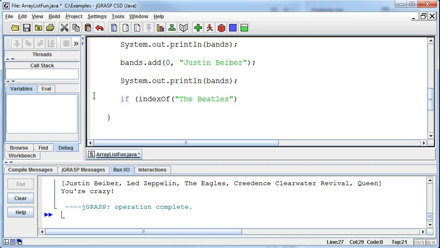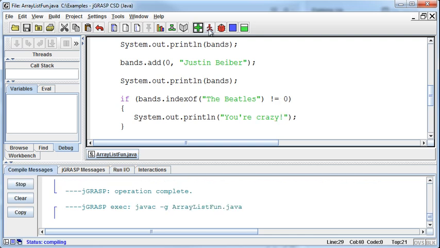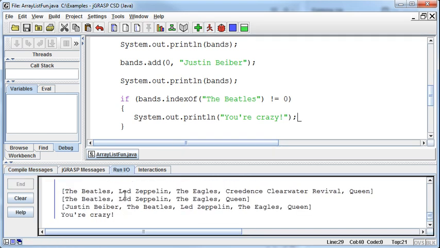I guess I need to add that to which array we're looking at. So the bands, if bands.indexOf the Beatles, so it's going to give us the index of it, and if that's not equal to 0, then I could say System.out.println "You're crazy." So if it's not in the first spot of the list, then I could say you're crazy, right? And in this case, we moved Justin Bieber into first place, and so it's going to print you're crazy